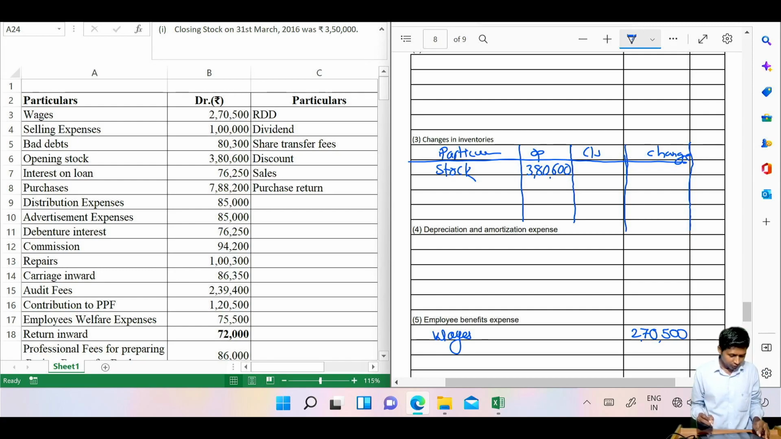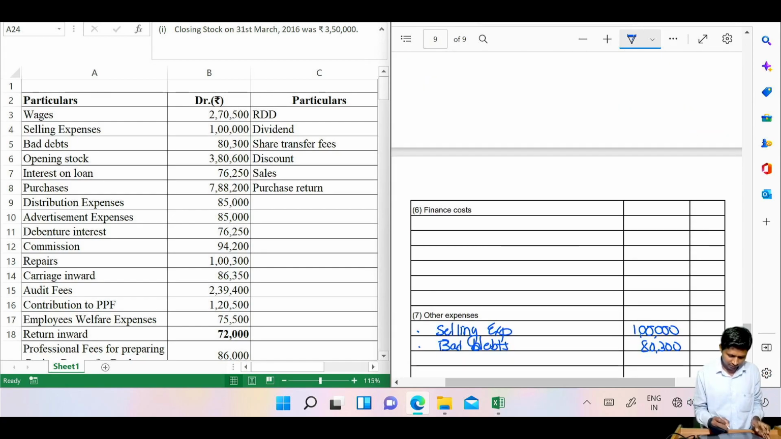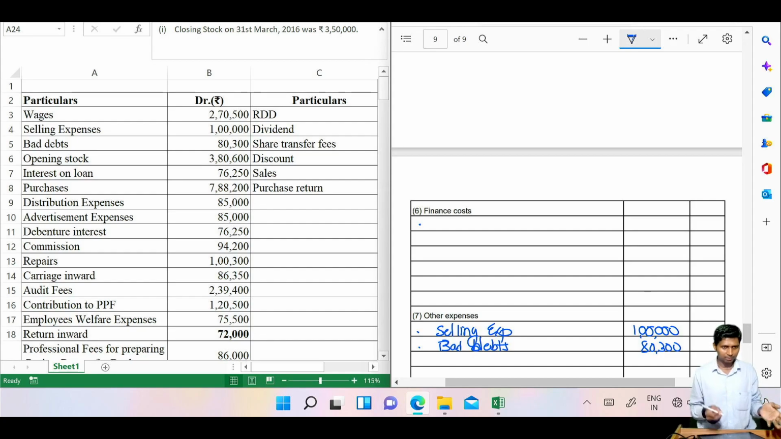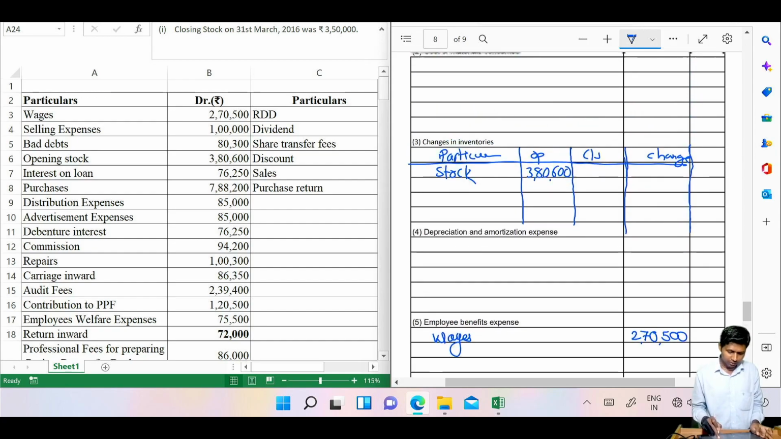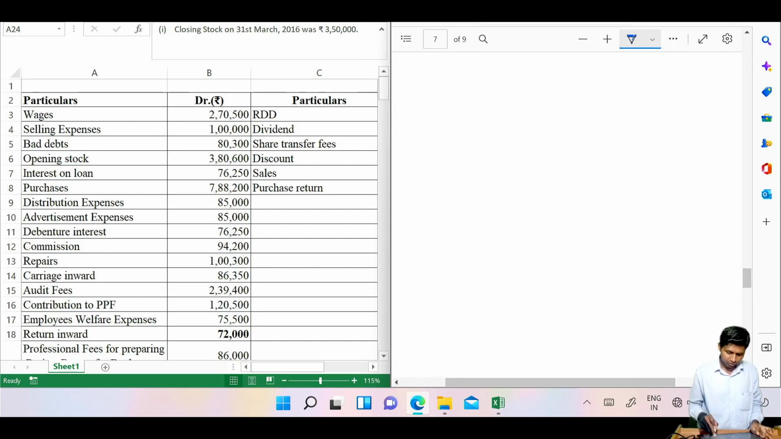3,80,600. Then interest on loan means the borrowing means the finance. This is related to finance. No need to check whether the change in inventory, then purchase of stock in trade, etc. Directly you can say this is finance cost. Interest on loan, write down here. Interest on loan amounted to rupees 76,250, 76,250. Then purchases, we already assume this is of the finished goods, and for finished goods purchases means the